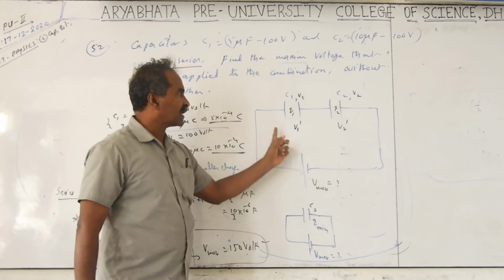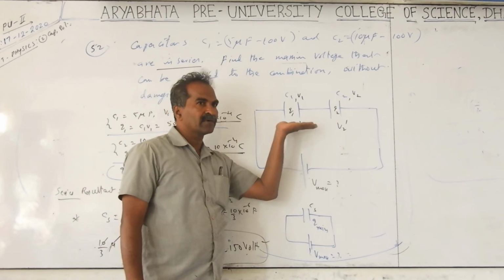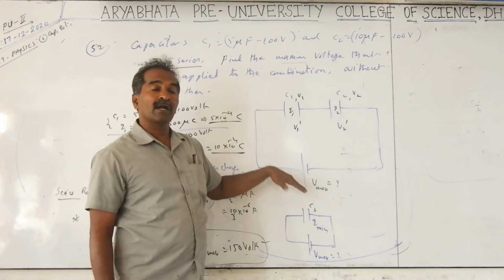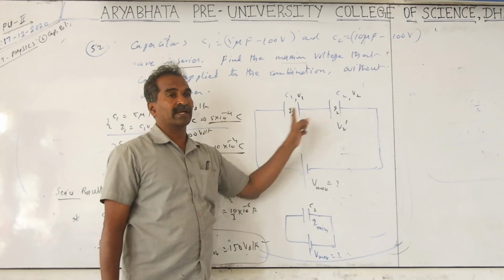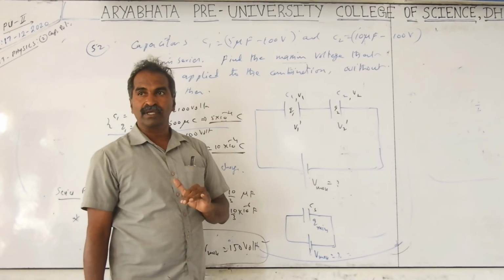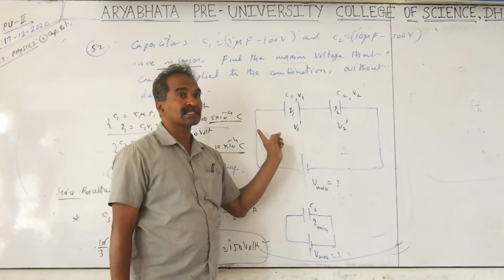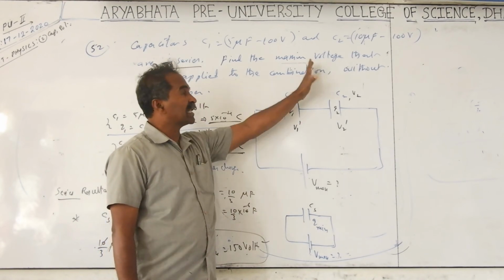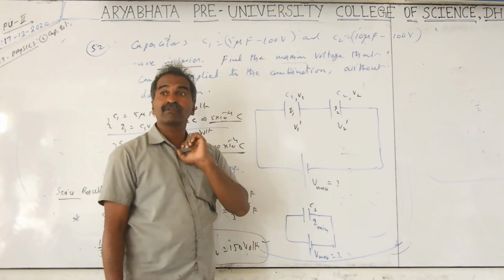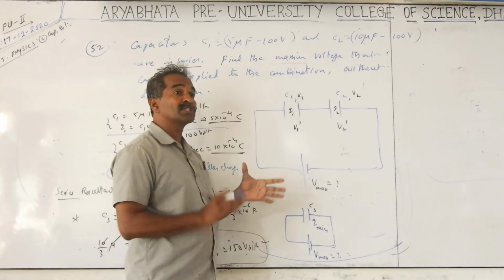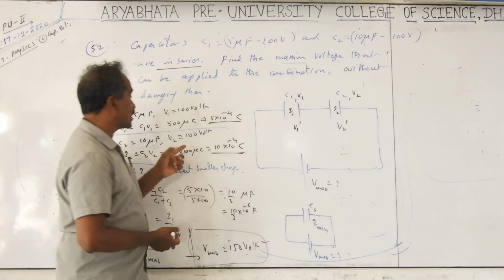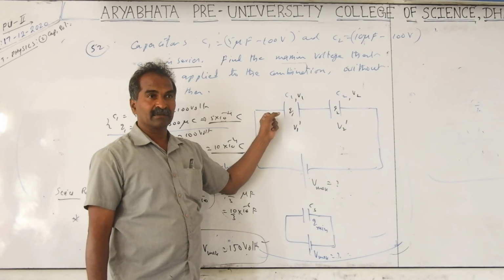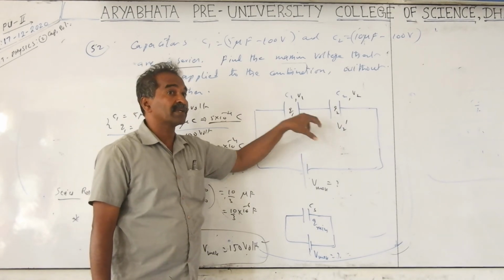If identical capacitors were taken, charges would be equal and voltage equally divided. But they are not identical capacitors, so voltages may not be equally divided. C equal to Q by V. In a series combination the charges are supposed to be the same afterwards, not now. Initially they were given separately. Afterwards, connected in series, you have to have the same charge. If you take the larger charge, it produces more electric field between the plates and damages the dielectric, because one can withstand a larger charge while the other can withstand less.